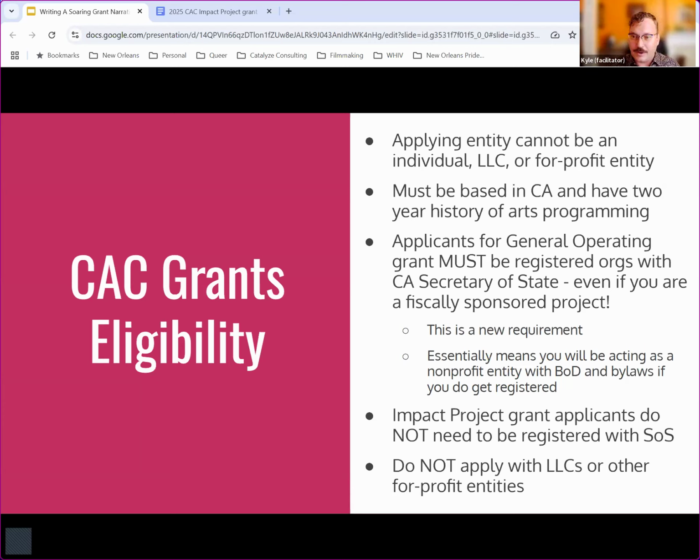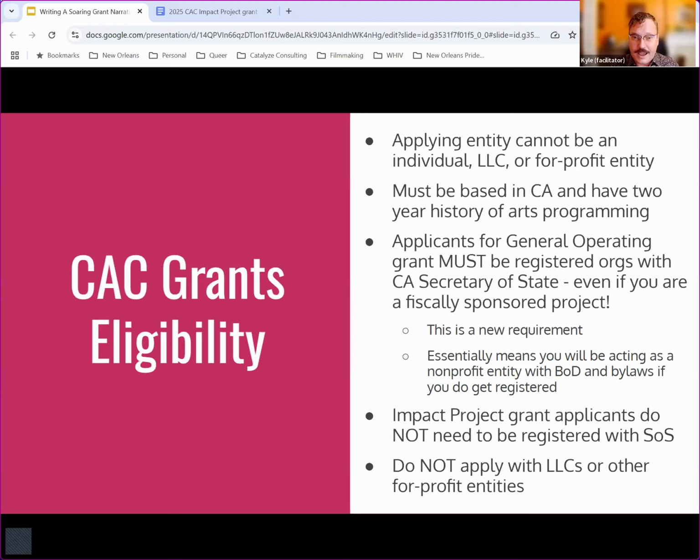I don't know exactly how they're interpreting that or what things might get through that net. But just be aware that the guidance around eligibility is very clear, at the forefront, and might impact some of you that have LLCs and that nonprofit-LLC fiscal sponsorship relationship.